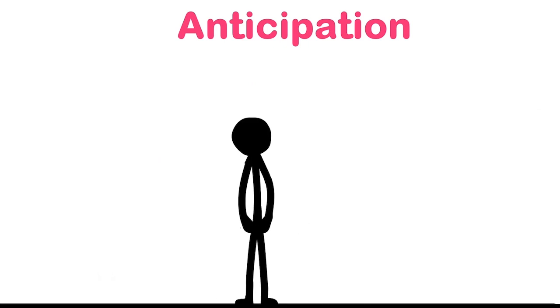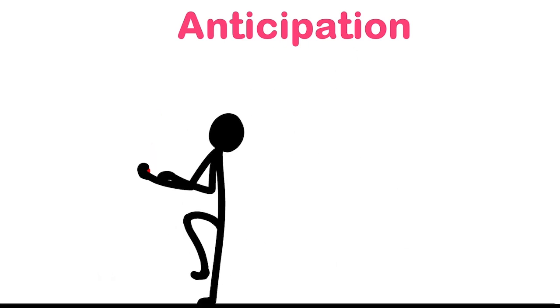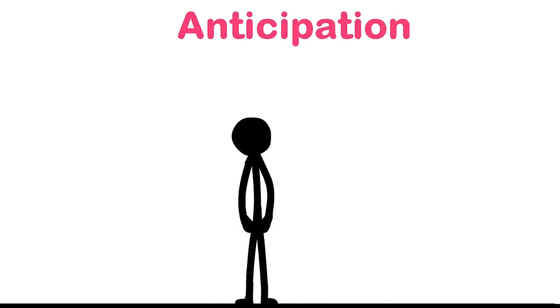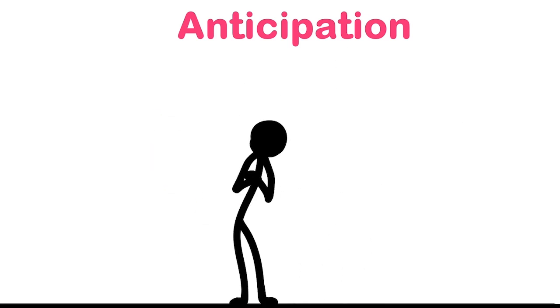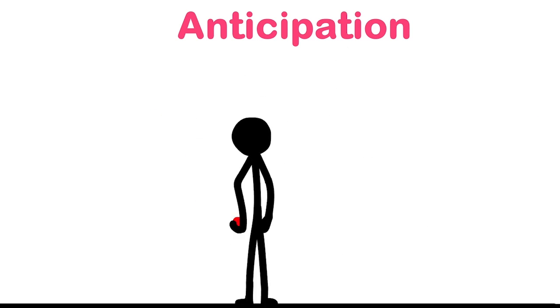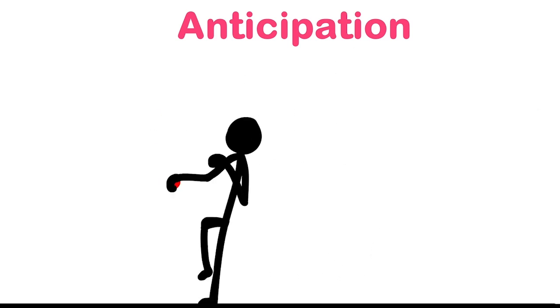So there is a noticeable thing that before going to the main action, the character is slightly going backward and winding up its body, and then full force is throwing the ball. At this particular point, which is the anticipation part, the character is lifting his leg and also twisting his hand backward and then throwing the ball. It looks like the character is gaining momentum for the final action, which is the throw, and then going for the action.